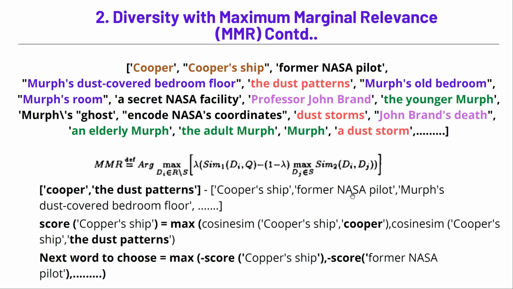Similarly, you will do the same for former NASA pilot, Murph's dust covered bedroom, and for the rest of the remaining 118 words you will do the same, which is extract the score with this formula. It's nothing complex, just getting the maximum cosine similarity that you encounter when compared to the subset that is already